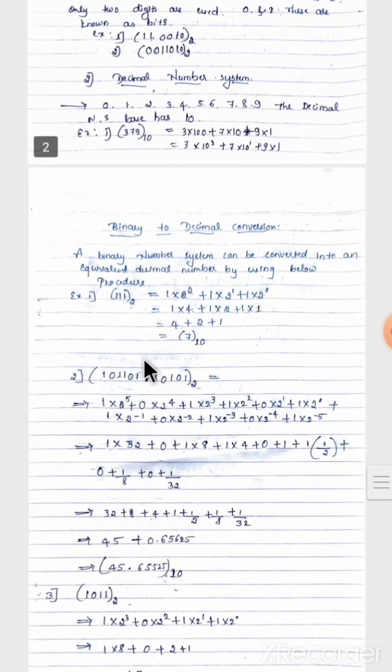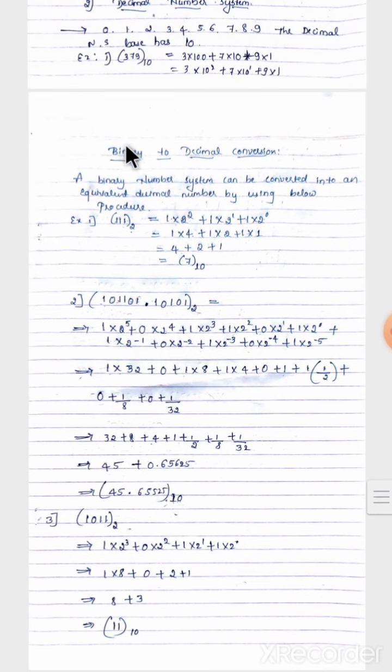Okay, like that only. Next is conversion, no? According to your syllabus, conversion means binary to decimal conversion. Here, how to convert binary to decimal. This is one example of a binary number because the base is 2 and here only 0 and 1 are there. Whenever there is base 2, that means it is a binary number. Now we have to convert this binary to decimal. So how to convert here?